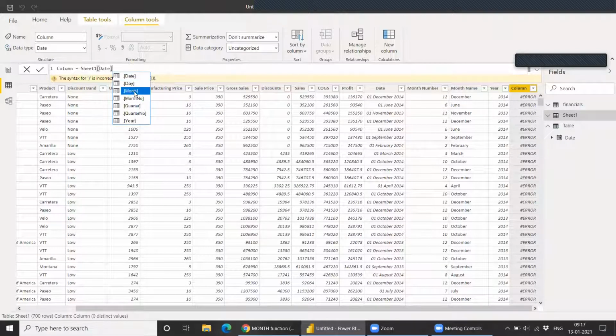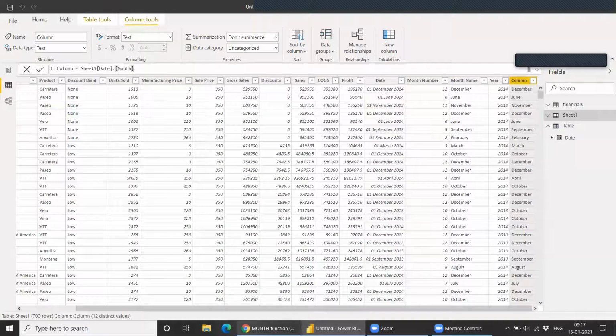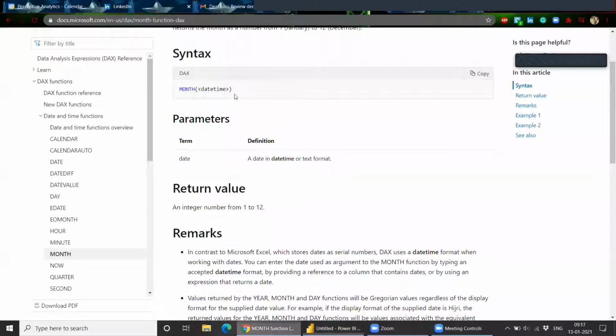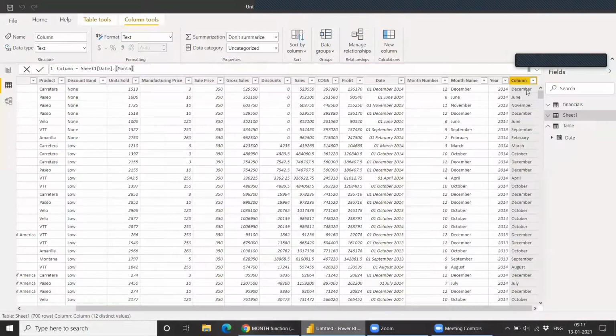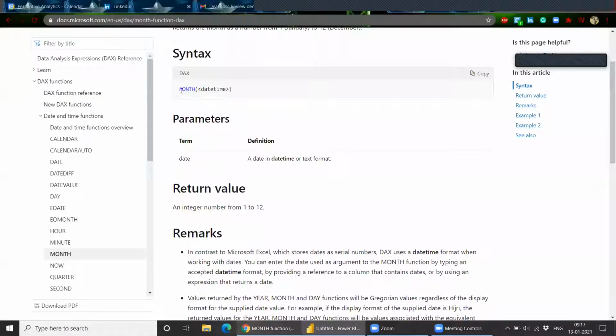So if you select this month, it will give you month directly, or you can use the month function to get that month. The difference is whenever you are using a calculated column. So here I'm just creating a calculated column, so I can use this function. But when I'm using a calculated measure, then I can't use this by default. This default option won't pop up for me. Then I have to use this month function.